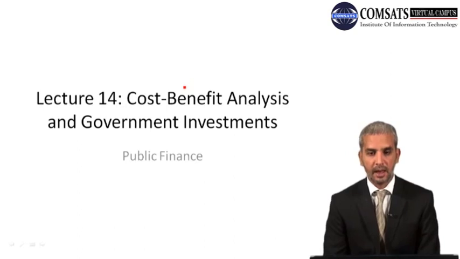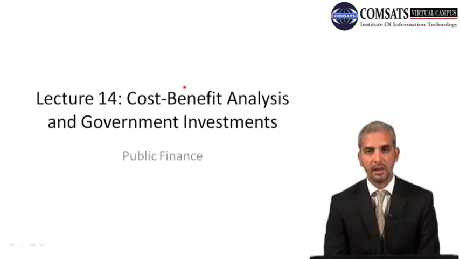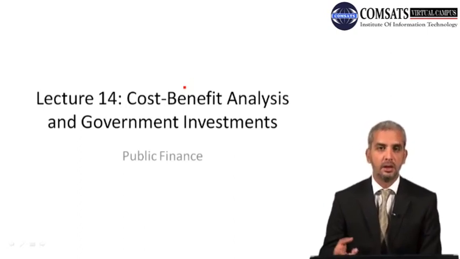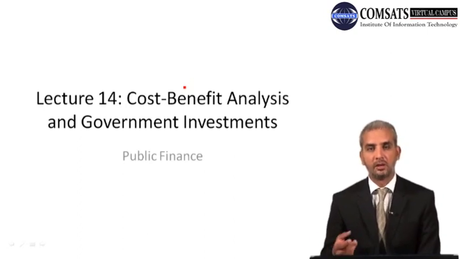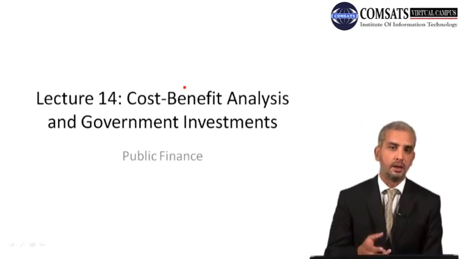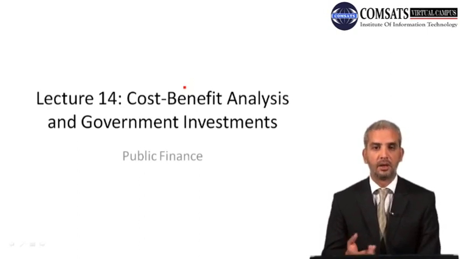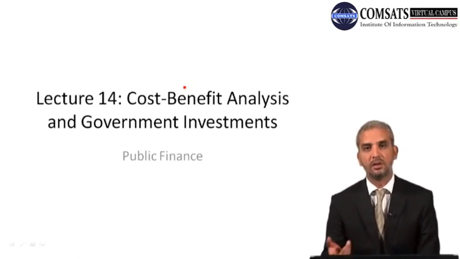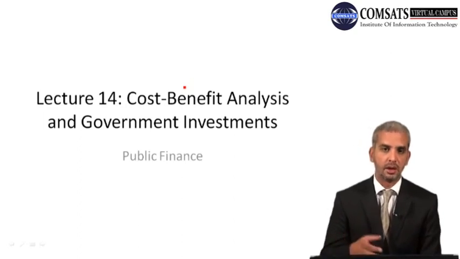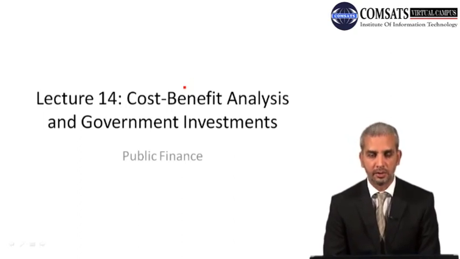Now, why does that happen? Because then we discussed what the social rate of return actually is. Social rate of return is the opportunity cost of funding or investments utilized by the government. Opportunity cost in the sense that those resources can be utilized by the private sector. So the higher the opportunity cost of those funds, the higher the discount rate would be, and current benefits would be preferred. And the lower the opportunity cost, because if the private sector does not have any alternative means of using those resources, then discounting them to the present value would result in a preference for future projects, future returns.